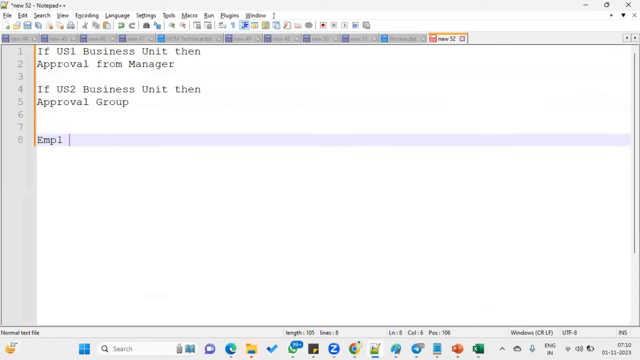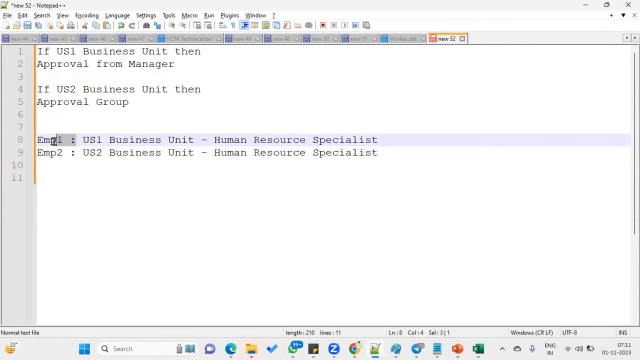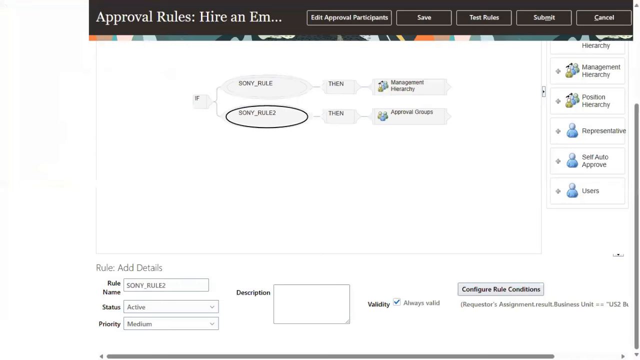The first person should be working for the US1 business unit, and he must have access to hire an employee, the human resource specialist role. The second person is in the US2 business unit, and he also requires employee hiring access, the human resource specialist role, so that employee one can hire an employee. When he is hiring an employee, it requires approval from his manager, and employee two is working. So for that, I'm taking here